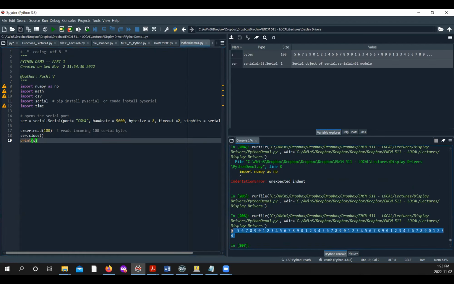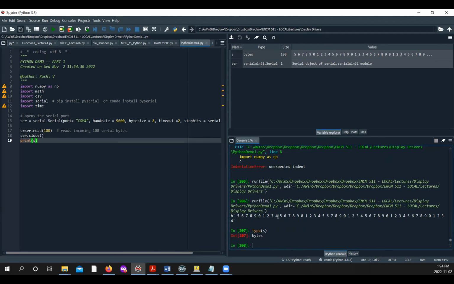If you notice, what's received is a bunch of numbers: 0, 1, 2, 3, 4, 5, 6, 7, 8, 9. It's gotten a space in between each of those characters, and it's saved in byte form. If you want to double check, just type s, and it shows that the values received are in byte form. So what is received is 0x35, 0x34, 0x31, 0x30. You have to convert this into ASCII form, and the way to do that is